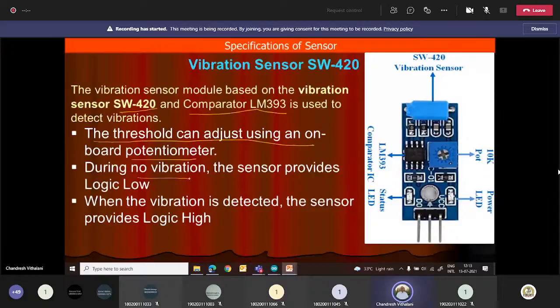During no vibrations, the sensor provides a logic low signal, and whenever vibration is detected, the sensor will provide a logic high signal. So you can use these vibration sensors in some of your projects. For earthquake detection also, we can use this vibration sensor.